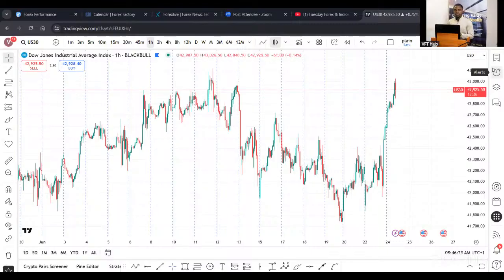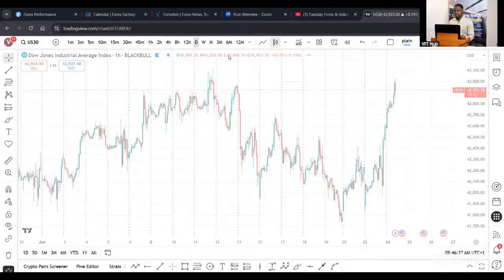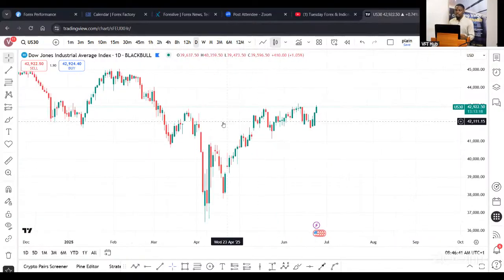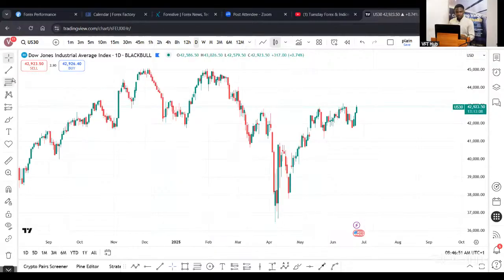Because of that, we're seeing a rally to the upside for US30 and even US100, that's NASDAQ, and S&P 500. We've seen a rally across the board, and we are beginning to return to our bullish mood. To confirm this bullishness, I'll be looking for certain things like we stated the first time: I want to see price break above this zone. We've seen a retest so far.